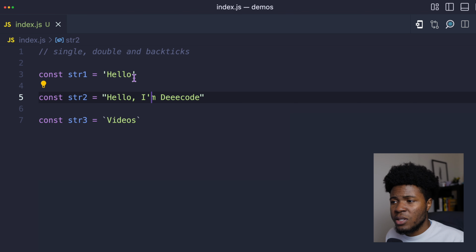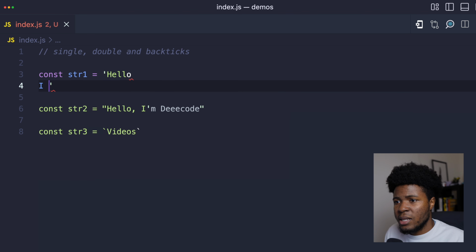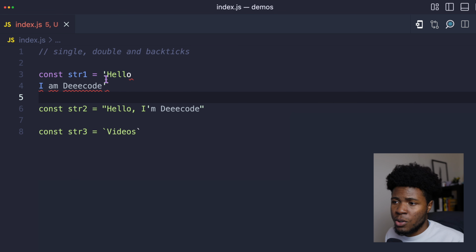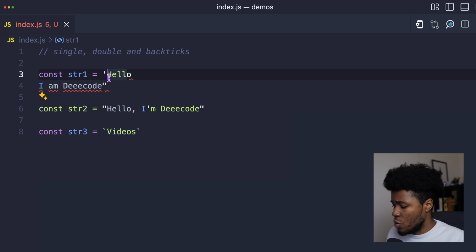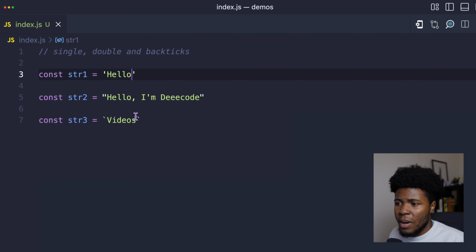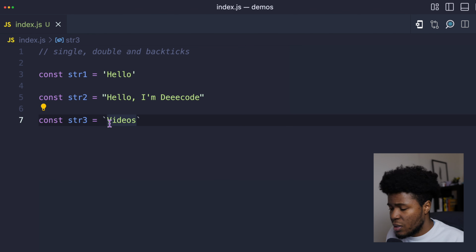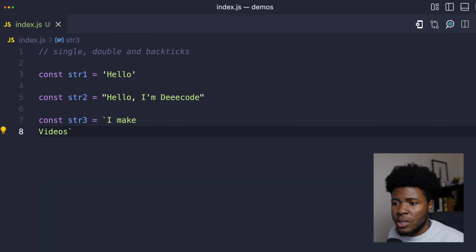So for example, if I want to say hello and then go to the next line and say I am Deeecode, this is syntactically wrong, because with single quotes you cannot have a string on multi-line. Even if I made this double quotes, you still cannot have a string on multi-line. But when you come to backticks, then you can have multi-line, I make, and then go to the next line,